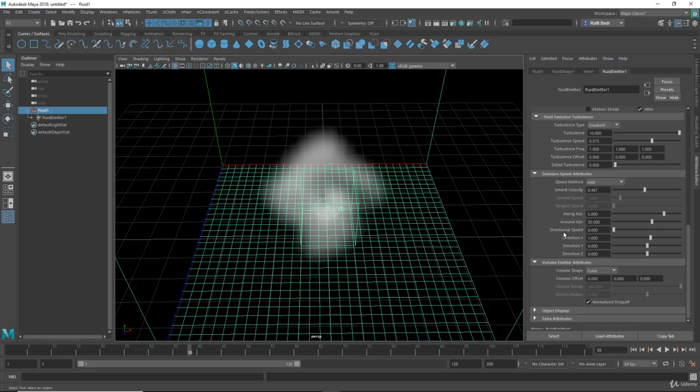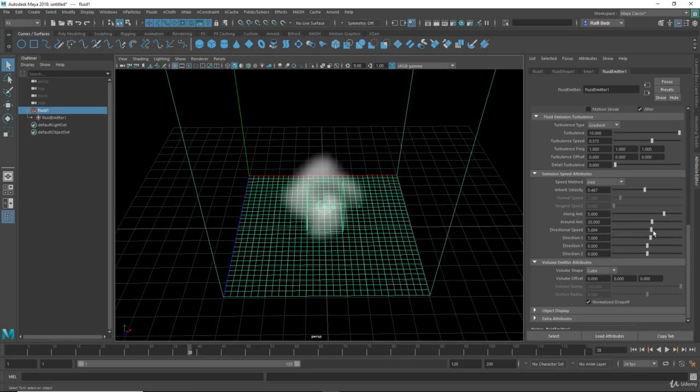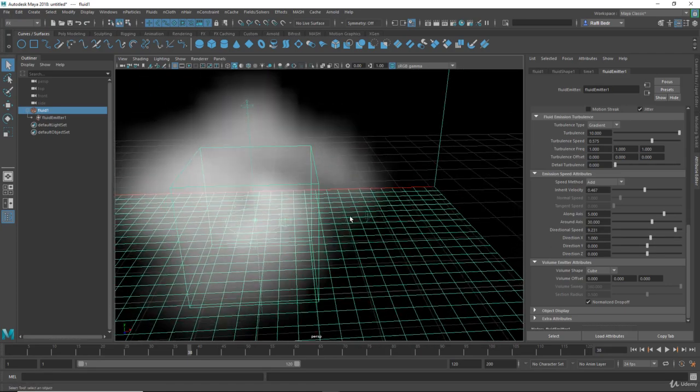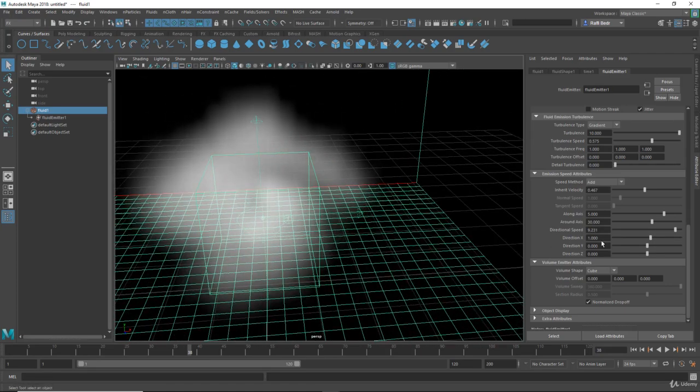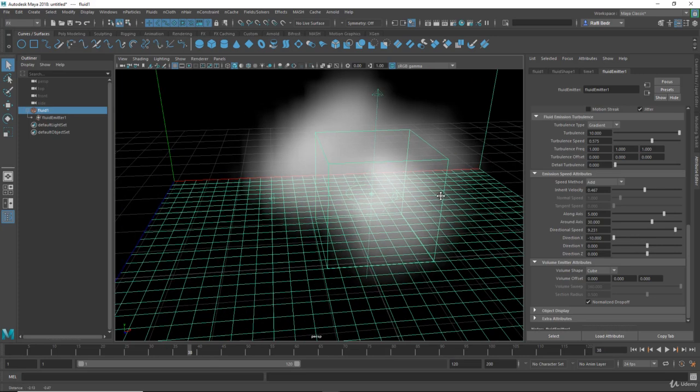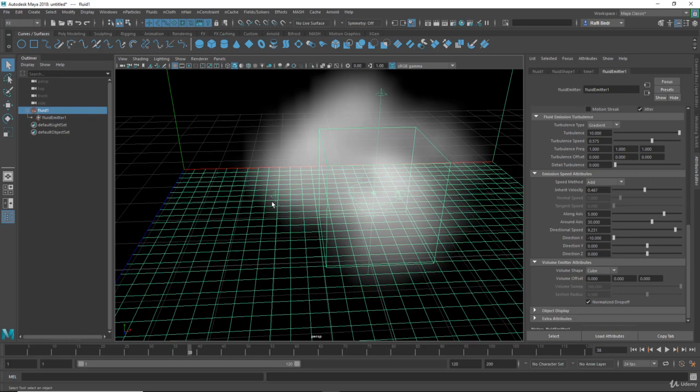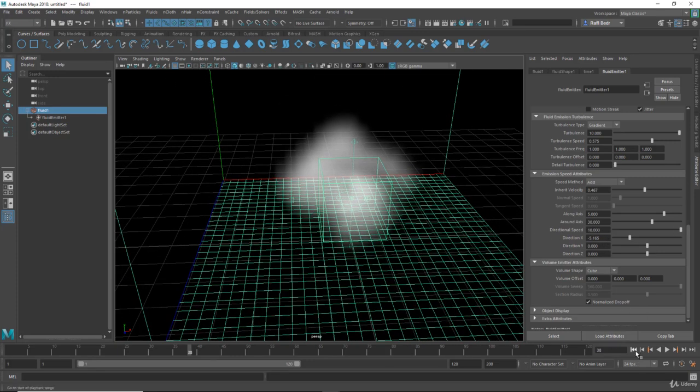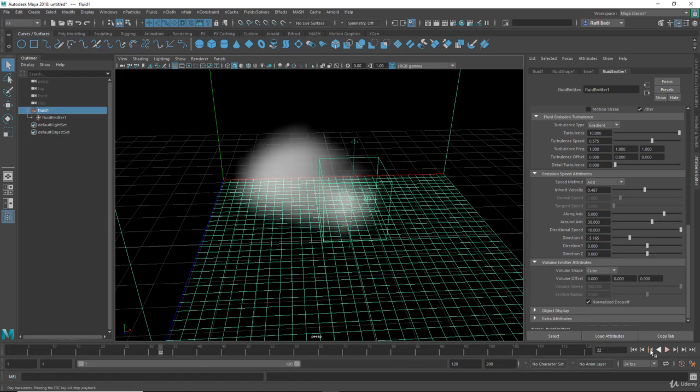And here you'll see we have the directional speed. So these four attributes are related to each other. If you see here written 1, right, the number of the x and the value of the x is 1. That means if you increase that, you notice another indicator showing us that the emitter will push the fluid here. And if I change the x to negative, as you see now, the indicator is in this direction, negative x. So let's set it to 10 and now the fluid will be pushed to the negative x,